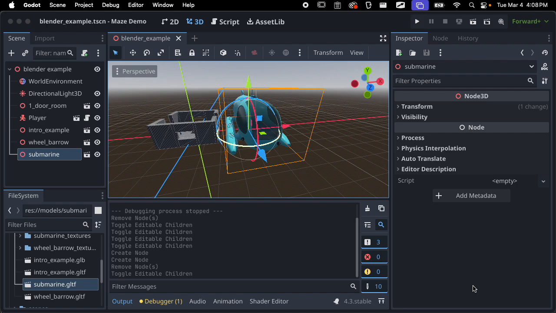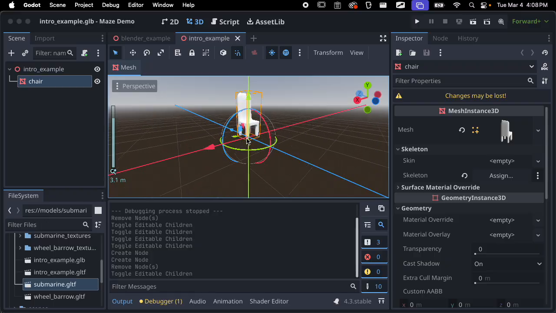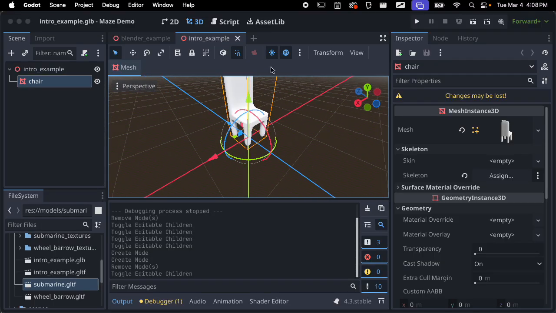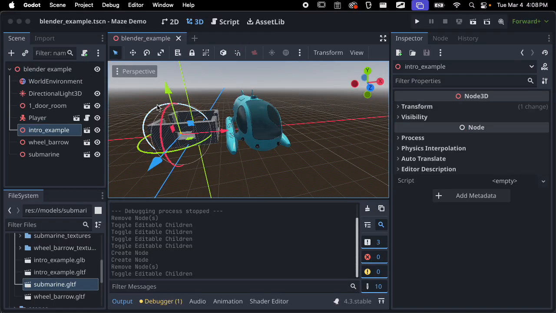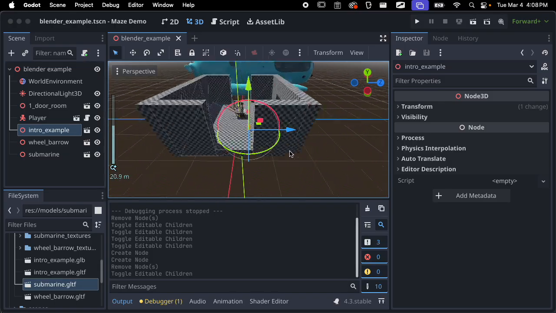So in Godot, once we get the model into Godot, we're a bit limited in terms of what we can do with it. We can't edit. So when we import one of these scenes, we can see the scene and what's in there, but we can't really edit the scene. But we can make changes to it, so we can add materials and we can add colliders, and those are two things that we're going to want to be able to do in order to actually interact with this stuff